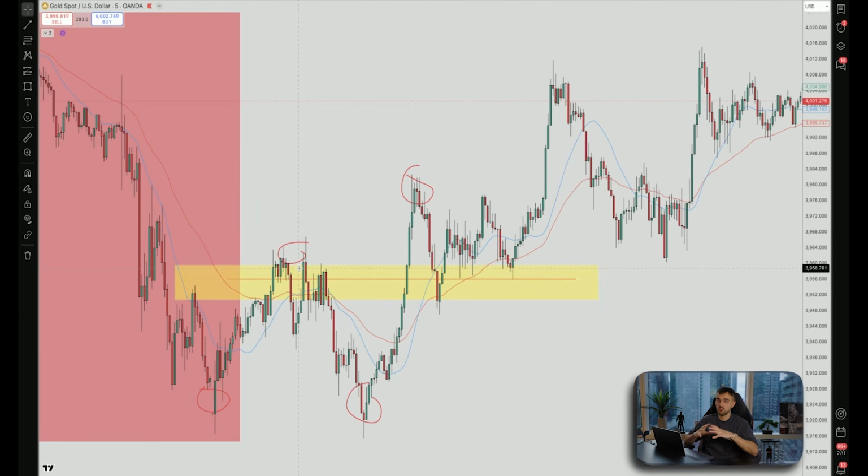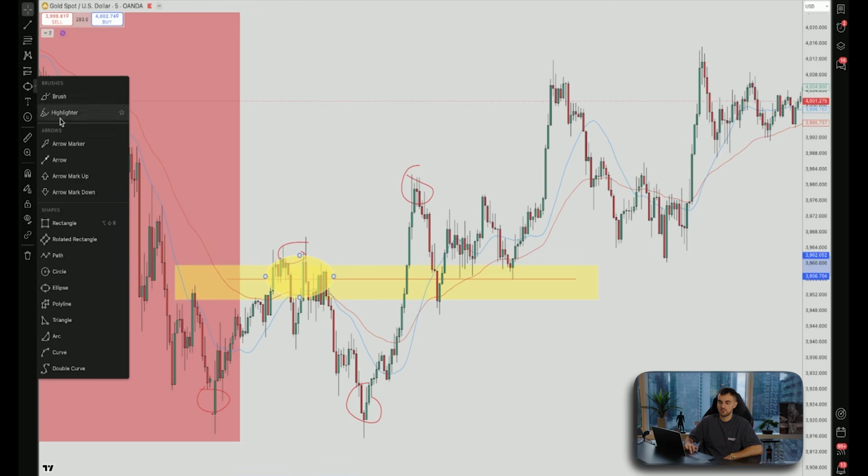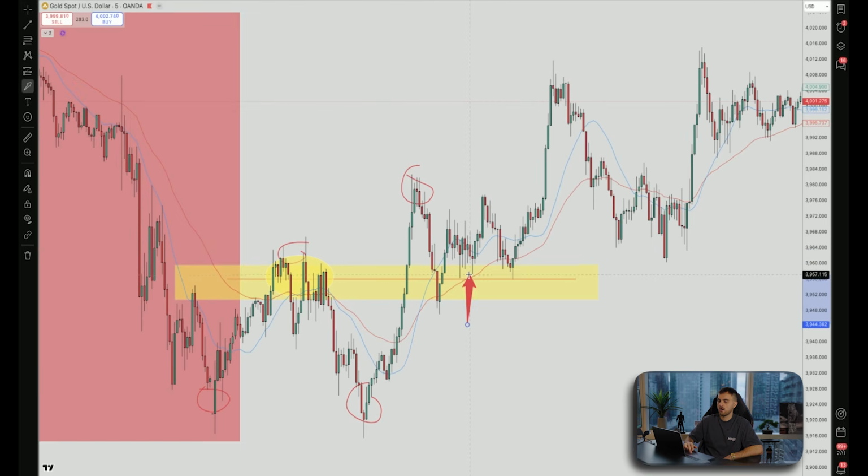This is when a resistance level or a support level turns into either a support or a resistance, right? In this case, we have a resistance level here turning into a support level. These are the types of setups I like to look at on gold, and this is one of the easiest day trading strategies to learn and try to look for. All it takes is patience, and that's where we're going to go into step number 5.